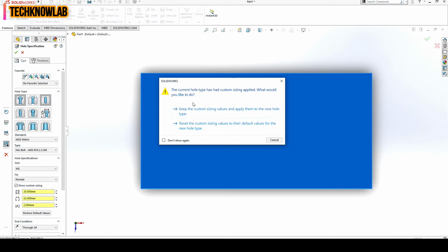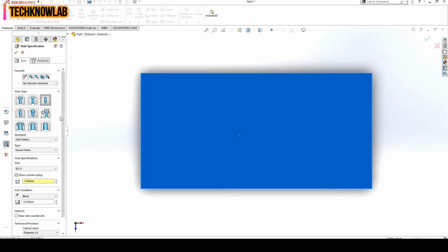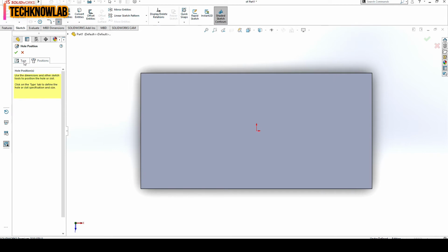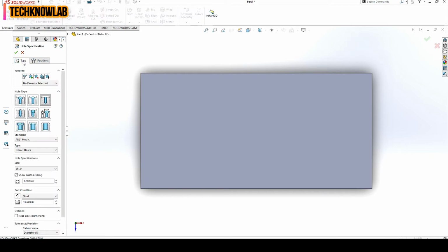Here is a notification that the current hole has had customized sizing applied. Okay, so we have chosen a hole. Again go to this. The first tab is to choose the type of hole.